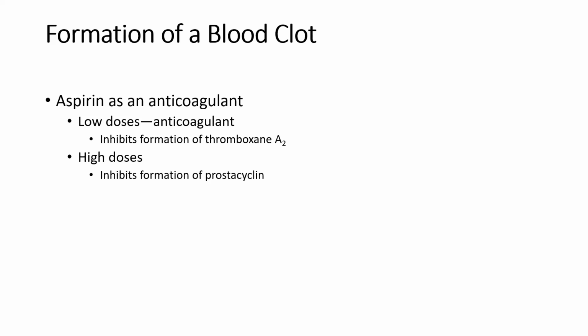And so giving these patients low dose or baby aspirin actually inhibits the formation of thromboxane A2 and helps to prevent that platelet aggregation, okay? In high doses, aspirin actually has the opposite effect, right? Really interestingly here. So high dose aspirin actually inhibits the formation of prostacyclin. And if you remember from previous, prostacyclin is one of those substances that is secreted by healthy endothelial cells that prevents that platelet aggregation. And so if we have high doses of aspirin inhibiting prostacyclin formation, that is actually going to create more coagulation, right? It's going to prevent that normal flow of blood and create platelet aggregation or disrupt